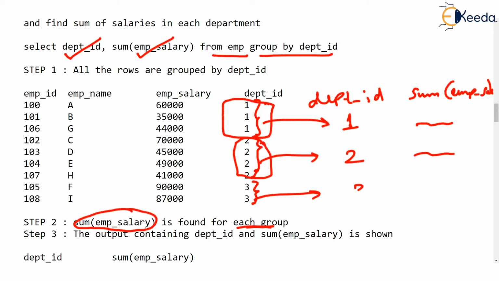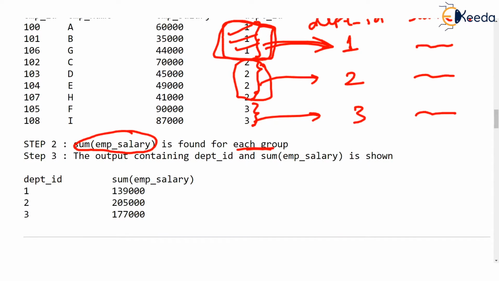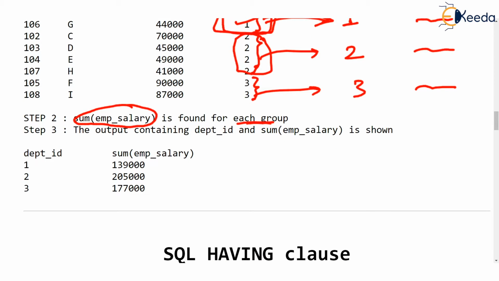So what happens is, when you group by department ID, then departments are grouped, and in the output you will see only one entry for n number of departments having same value. I hope you are understanding. Now you can see that this is the output. These are the sum of the salaries in these individual departments. Just as we have used sum, we can use min, max, or whatever aggregate function.